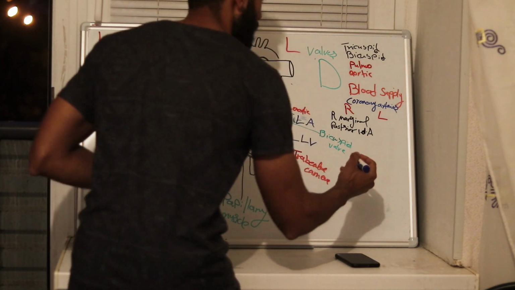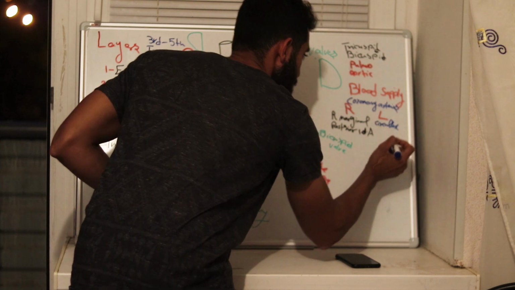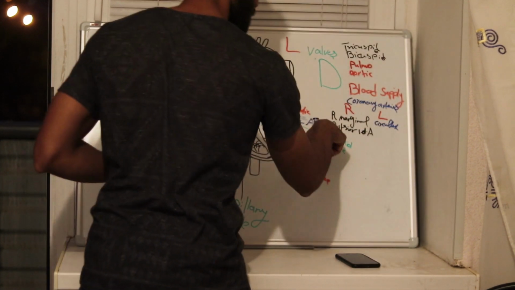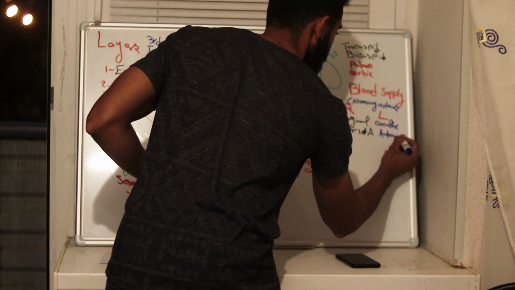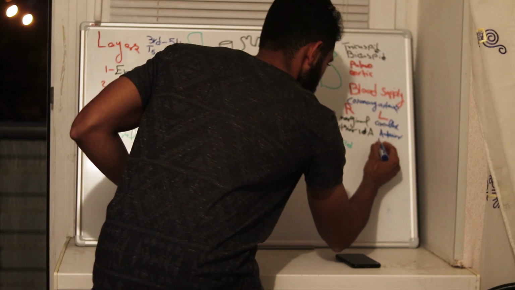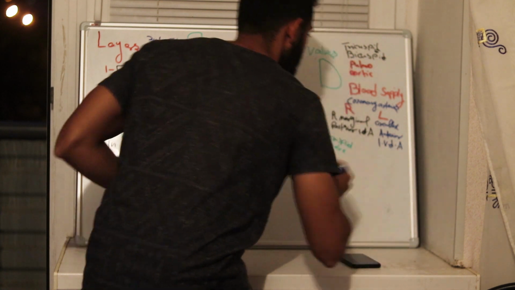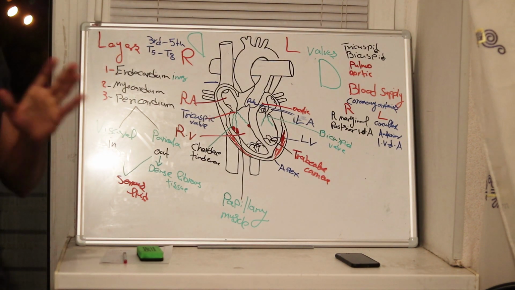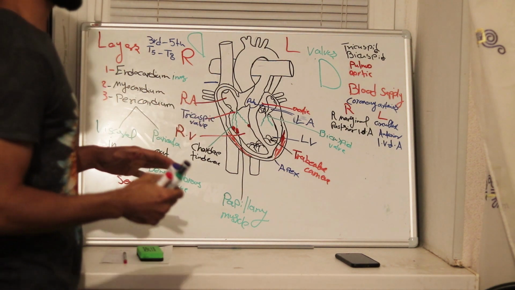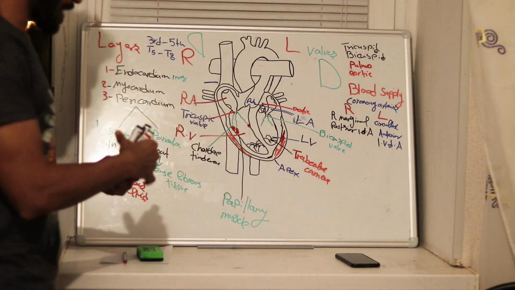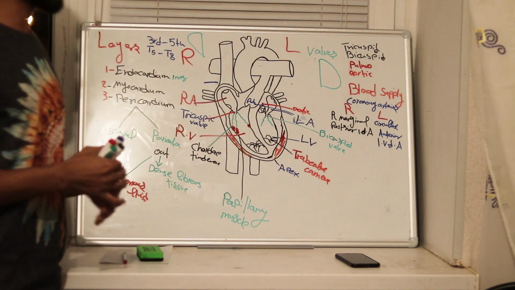What about the left? On the left we have first the circumflex and the anterior; this is posterior for the right and anterior for the left. Anterior interventricular descending artery. So this is quite simple. We're not going to get deep into the branches and exactly where they come from, but we can give just one important piece of information about the origin of the